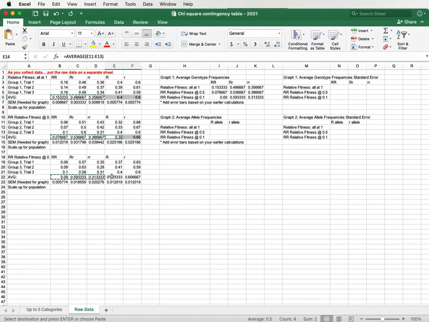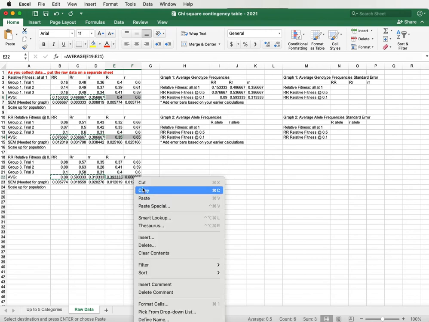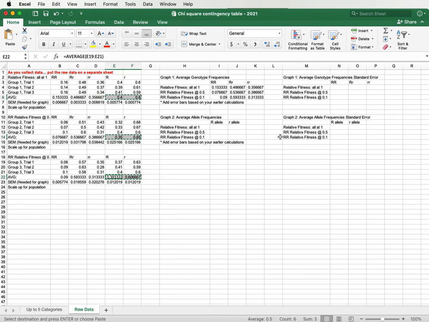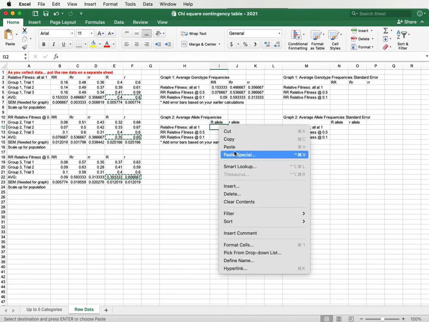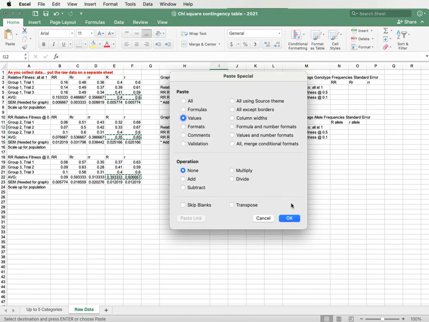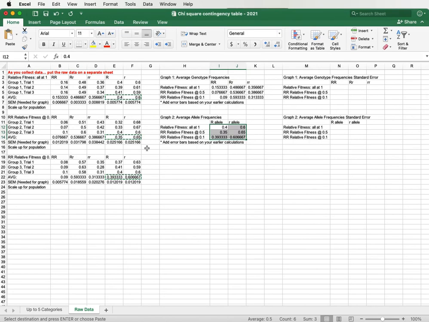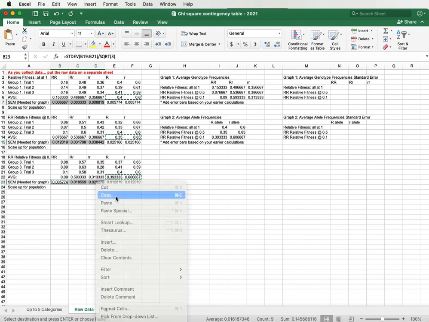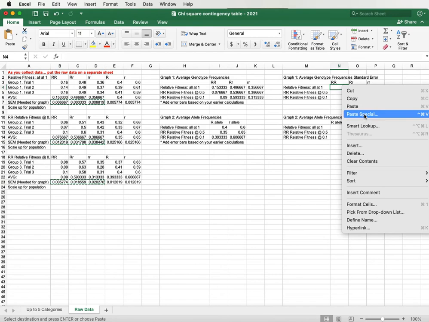So I'm highlighting my averages. I'm going to copy, and then I'm going to paste special and values, and it transferred all those values as well. I have another set of tables that I've created too, that these are the standard errors. So I'm going to highlight the standard error values for my allele or my genotype frequencies. I'm going to copy, come over here, paste special,